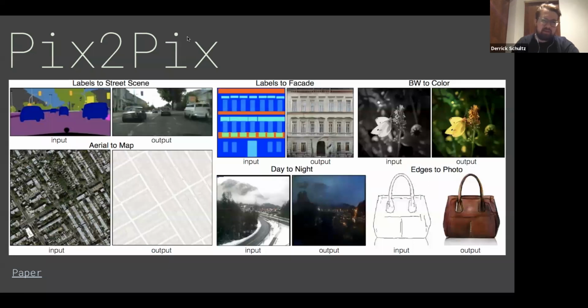But pix-to-pix essentially, whereas StyleGAN is trying to generate new images from a data set of a bunch of the same images, right? So faces of humans, or pictures of flowers, those sort of things. Pix-to-pix actually works with 2 image data sets. So it works with what's called paired imagery. So in this case, it can be something like a satellite photo, and then also what the Google Maps representation of it is.